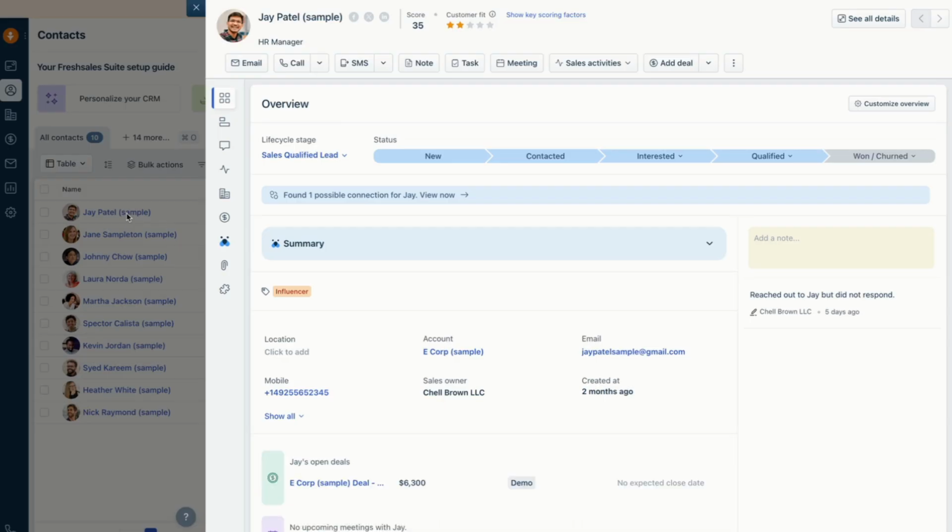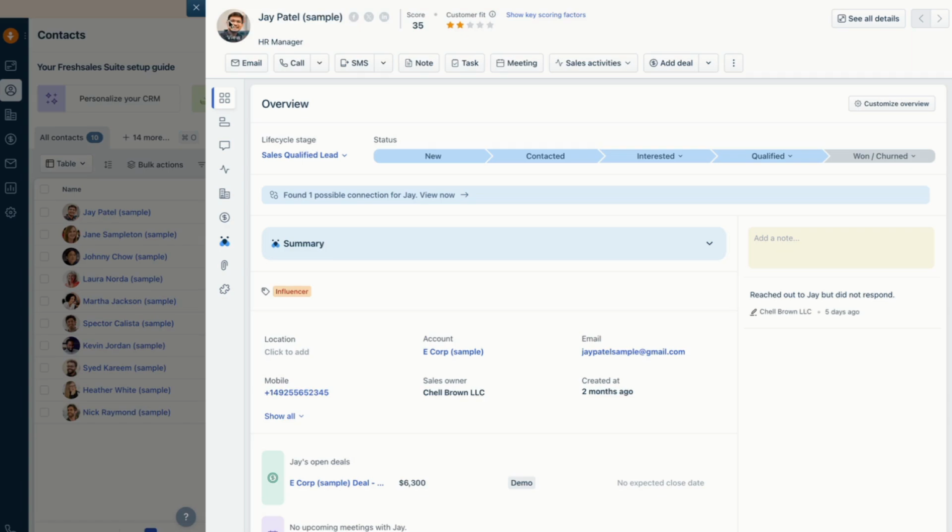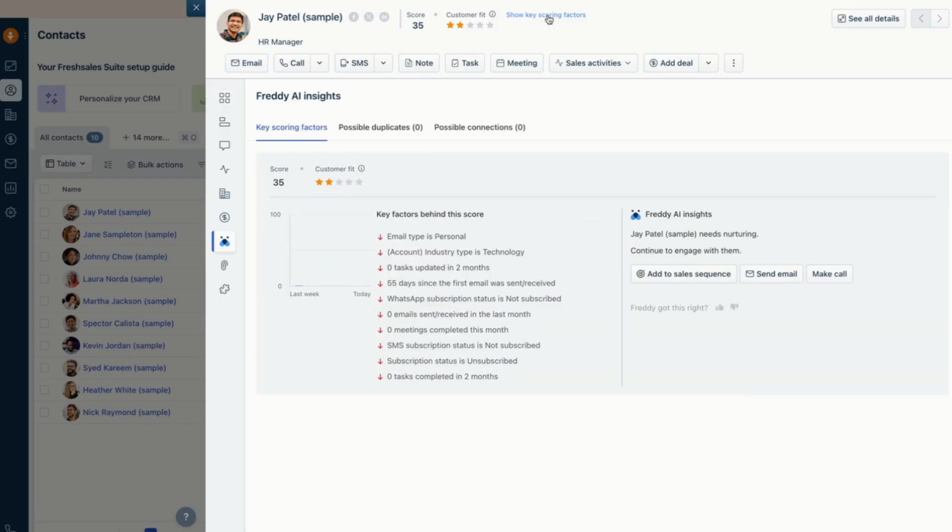Now, one thing I wanted to draw attention to here on the contact page, which is a huge value to us, is the score and the customer fit. Show key scoring factors. You can see their score at 35, customer fit 2-star out of 5, and they break down the key factors behind the score. Why is it not higher? And I'm assuming if there was more touch points and more information, then